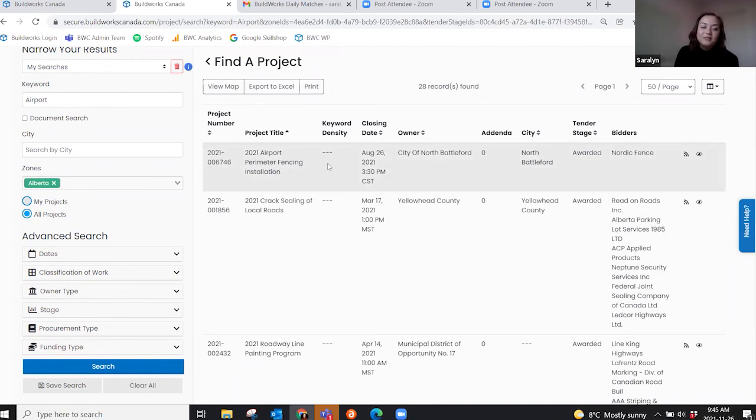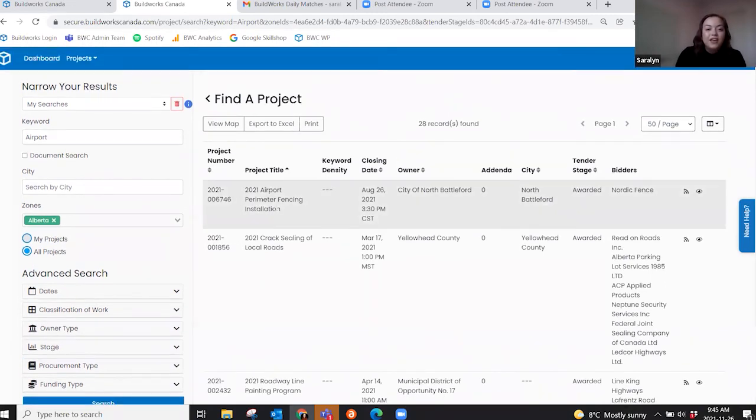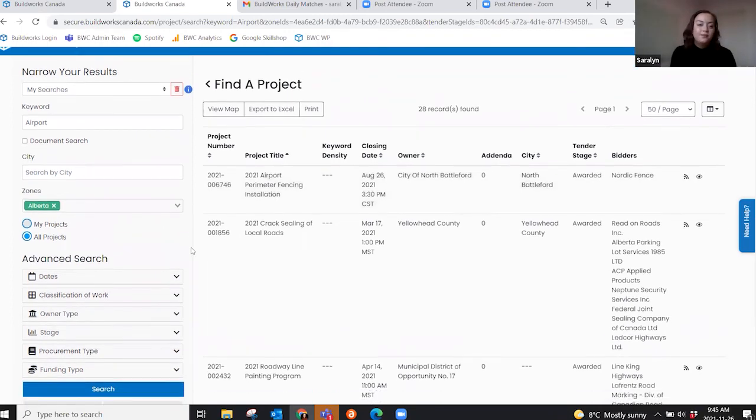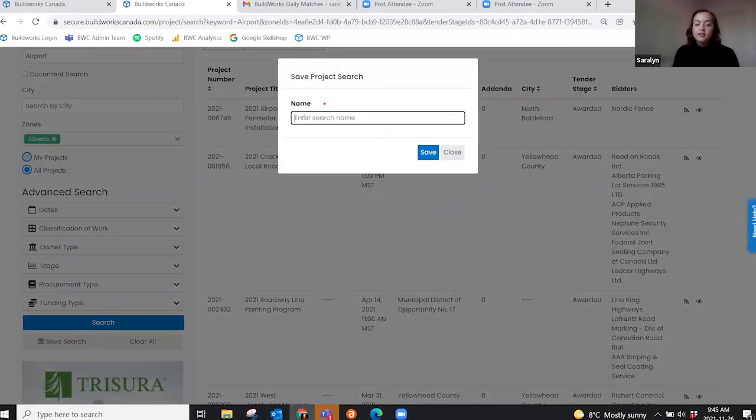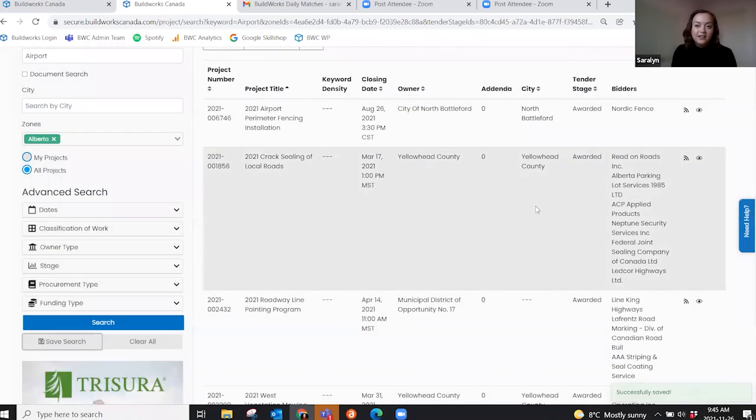So let's say you always want to see, and you search once a week or once a month for, airport updates and award information. If you want to save that search so that you don't have to go through and re-add those modifiers, let's say that you have a super specific search that you know works for your company. Once you've done that search and you want to save it, you'll just click this save search icon, and then I want to save this as airport. So once you click save,